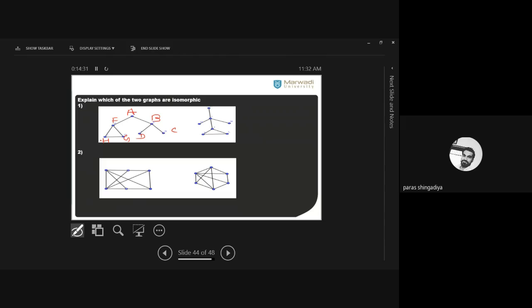So now find such a vertex in the second graph whose degree is 2, and it should be adjacent to 2 more vertices whose degree should be 3. Okay, इसमें आपको ऐसा वर्टेक्स फाइंड करना है जिसकी डिग्री 2 होनी चाहिए. ठीक है, और वो जो वर्टेक्स है बाकी 2 वर्टेक्स साथ एडजेसेंट होना चाहिए, मींस कनेक्ट होना चाहिए, जिसकी डिग्री क्या होनी चाहिए 3. Then you can say this vertex is the image of A. Is it clear? That is a one-to-one correspondence of the vertex.